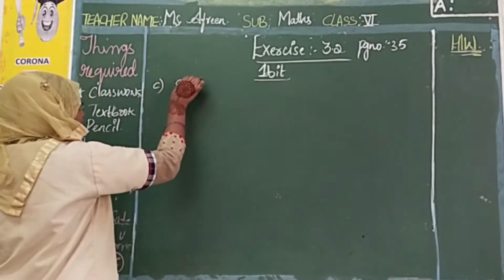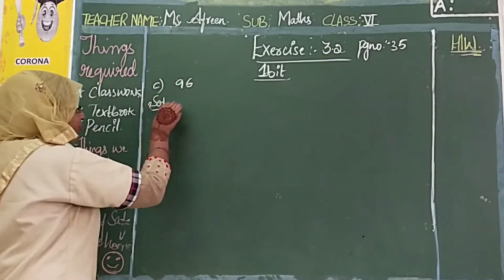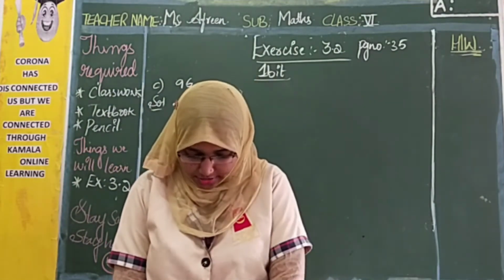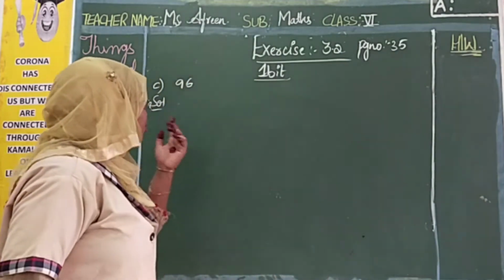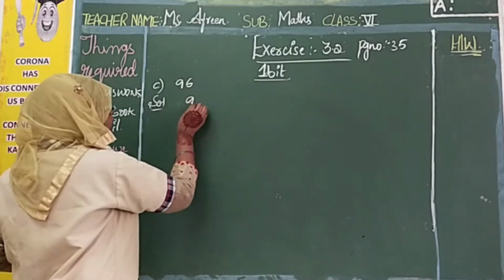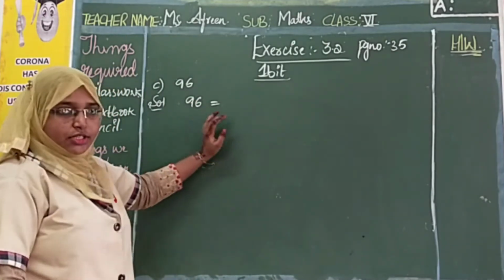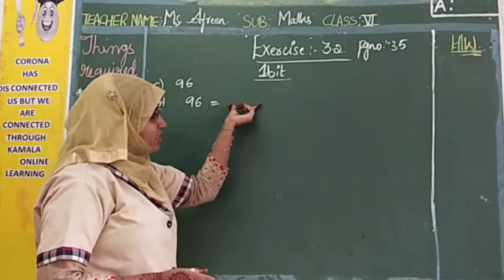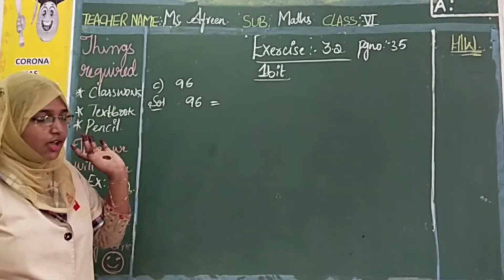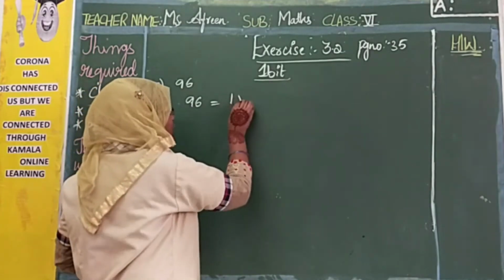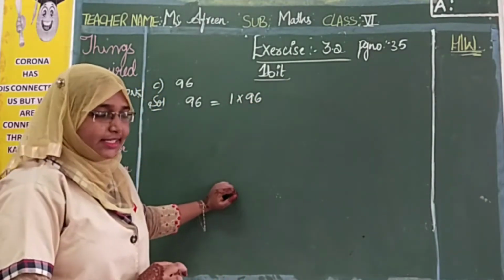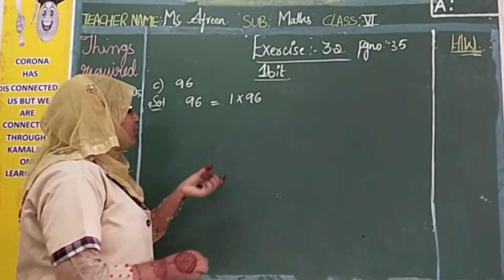Let us take C, 96. Now what we are going to do? We are going to write the factors of 96. Now to write the factors of 96, first of all we need to know, let us start with 96. Factors means if the number has more than two factors, two factors, if we multiply, we should get 96. Now if I am starting with 1, 1 into 96. 96 ones are 96, or 1 into 96 is 96. I want to know next is the 2.